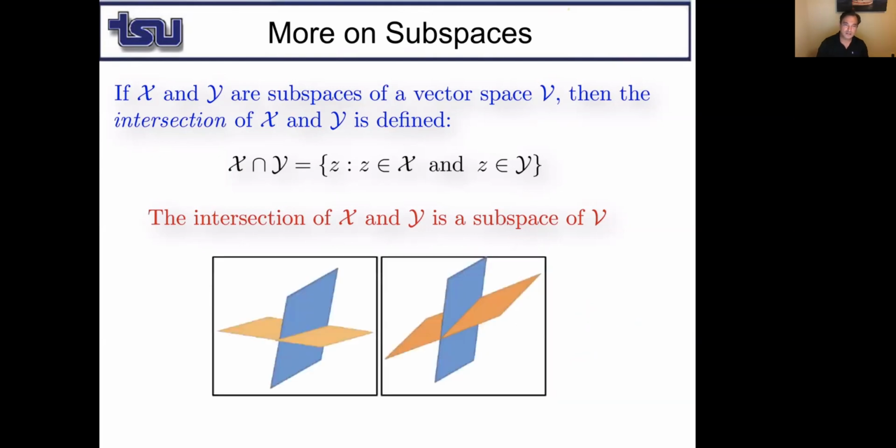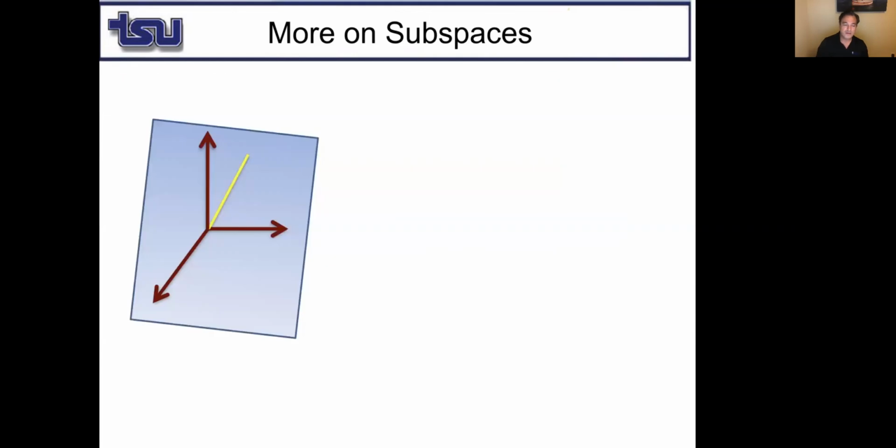Here's an example, actually. Assume this plane is X, this plane is Y. What is the intersection? Isn't it a line? For example, here, this line, or here, this line. That's the intersection. And if you take 2 points in this line and add them up, they will still be on this line. Or if you take a point and multiply by a scalar, it will still be on this line. Okay? So let's talk about